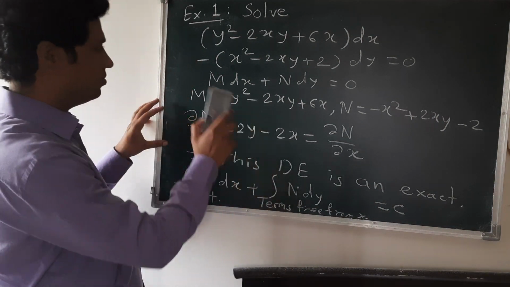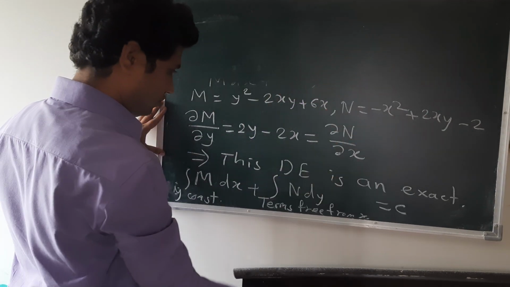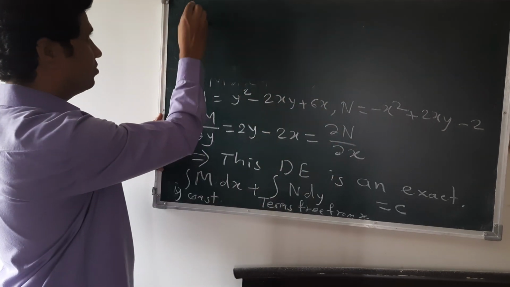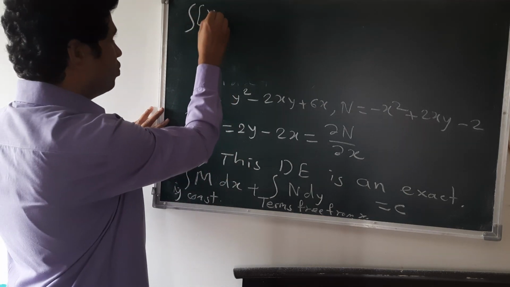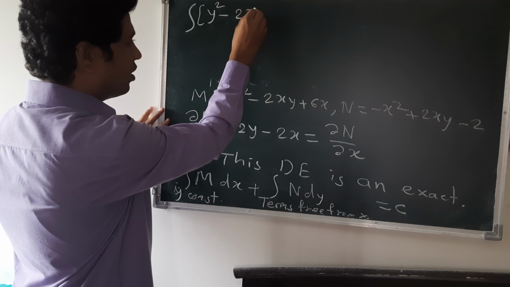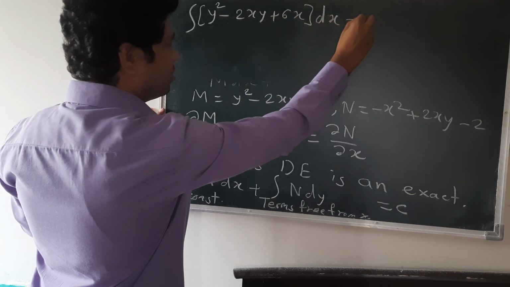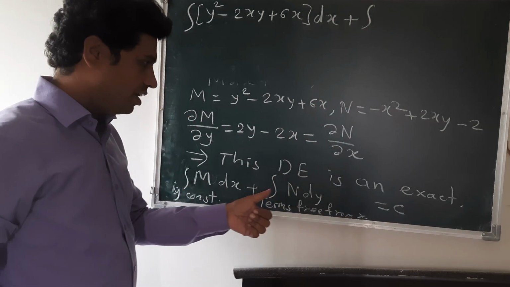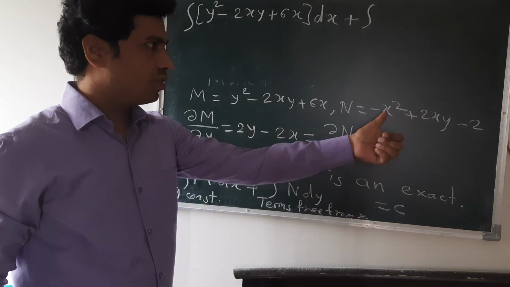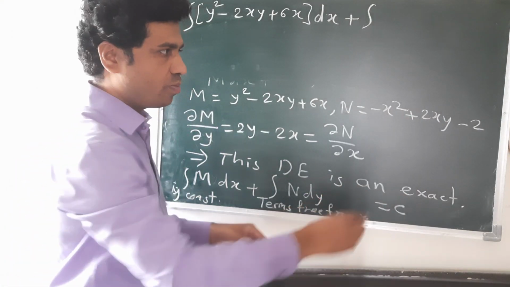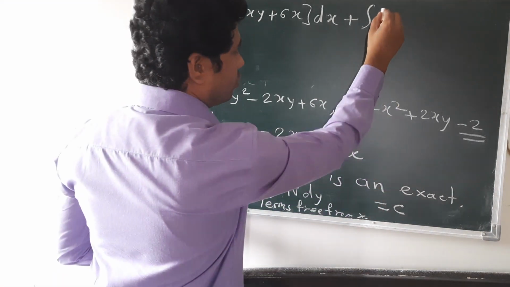So let us see. Integral of (y² − 2xy + 6x) dx, plus we consider terms in N which are free from x. So there is only one term which is free from x. It is −2. So −2